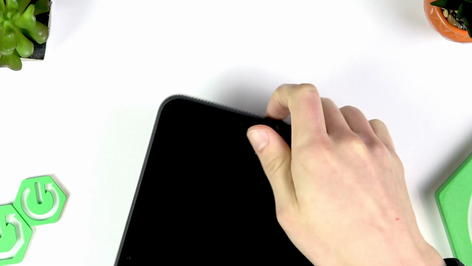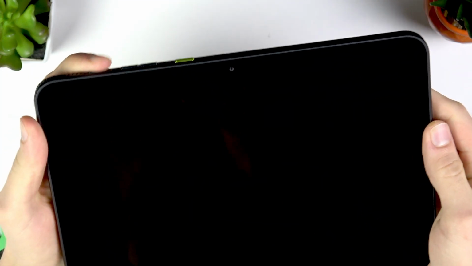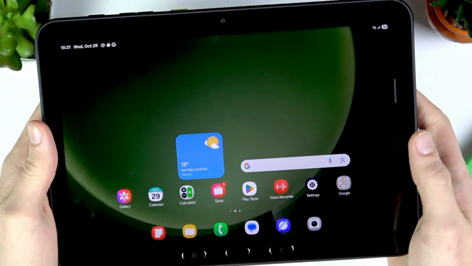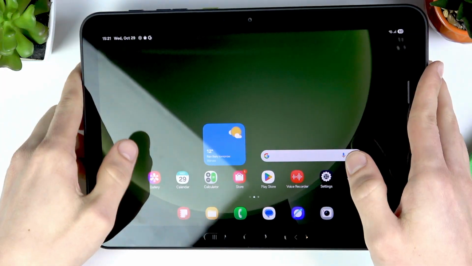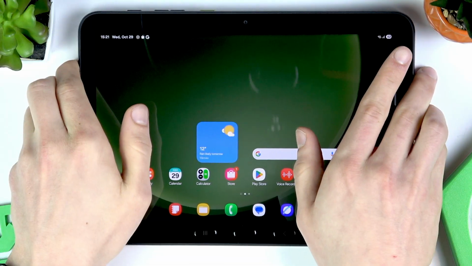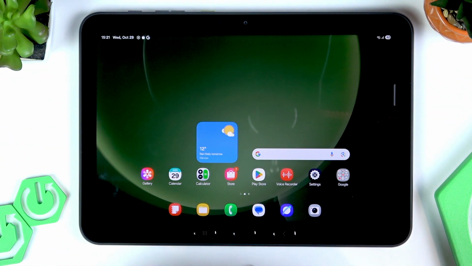But if this option doesn't seem available for you, then you can perform a factory reset operation on your tablet, and you have many different options on how to do that. The first one is locally. If you want to perform a factory reset operation locally, you're going to have to use the recovery mode,